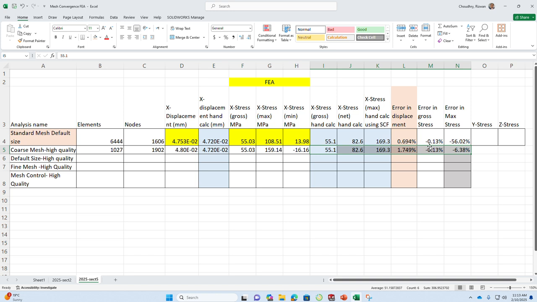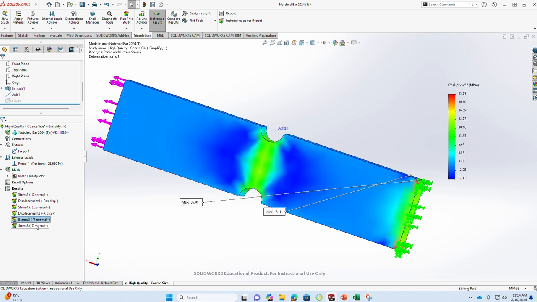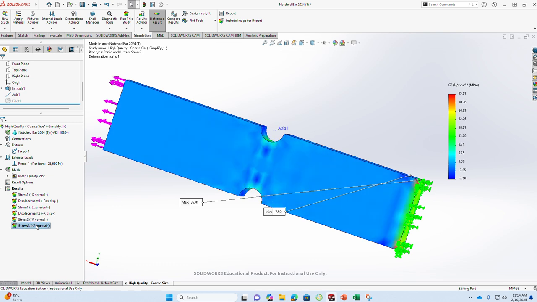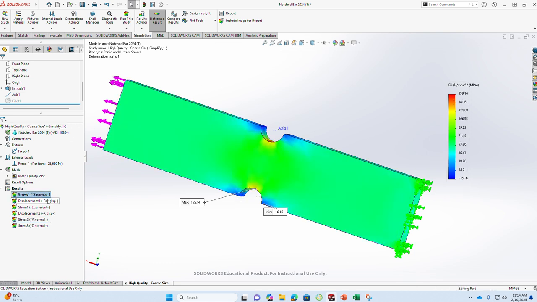Let's now move on to the next analysis with the default size and high quality. Okay. So I move on to the next one. I will discuss the things in a bit more detail later. You can see also the y stresses and z stresses have changed, but because I've not noted down these numbers, I'm not discussing them in detail, but you can clearly see that the max has shifted upwards for y and z as well. Let's now copy the analysis again one more time and